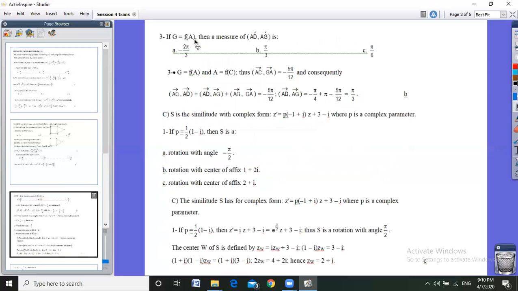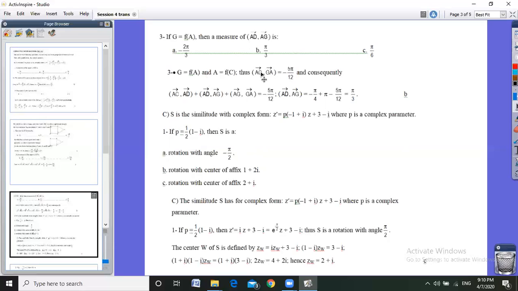If G equals f of A, then we need the measure of (AD, AG). We have G, f of A. The image of A by f is G. Then we need the angle (AD, AG). G equals f of A equals f of C, then the angle (AC, GA) is equal to the angle of the similitude, which in this case is minus 5 pi over 12. (AC, GA) is minus 5 pi over 12, and we need